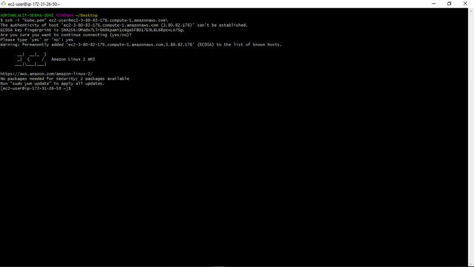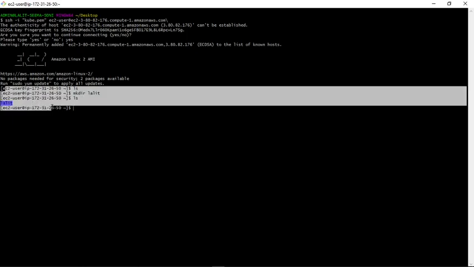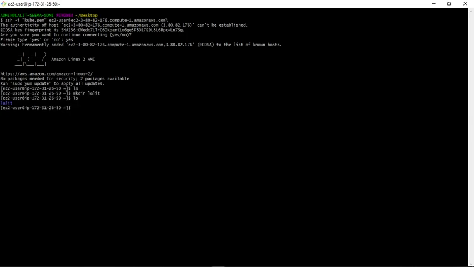You can see right now we are in the EC2 instance. So you can use your commands and check. You can mkdir lalit, I'll make a directory, and ls, let's check which directory is there. So you can run your Linux commands on your machine, and after you are done with your work, like right now, we have accessed our EC2 instance on our local machine using Git Bash on our Windows operating system.